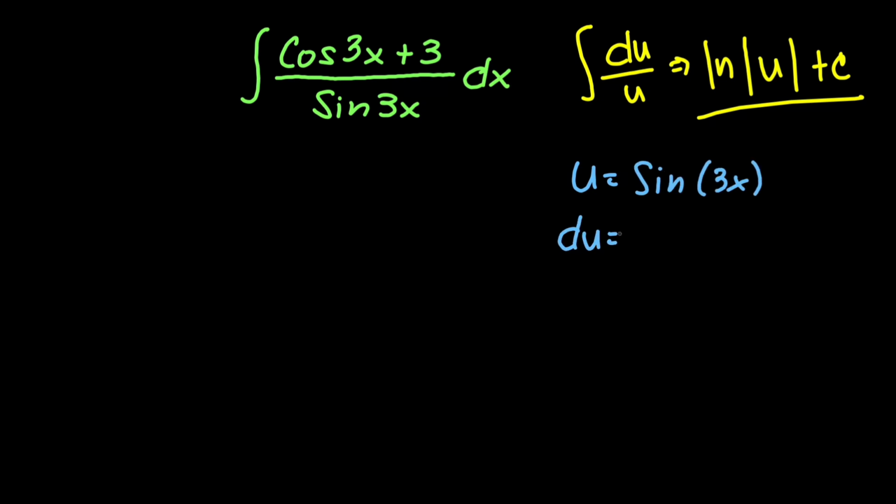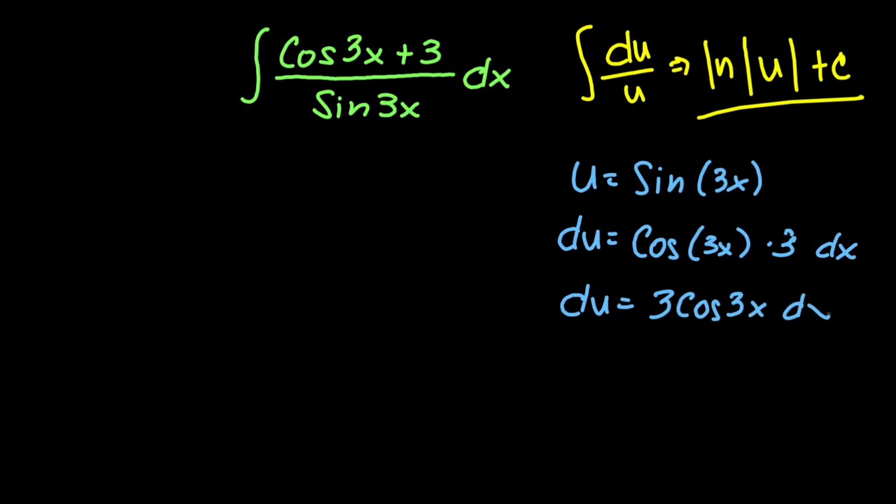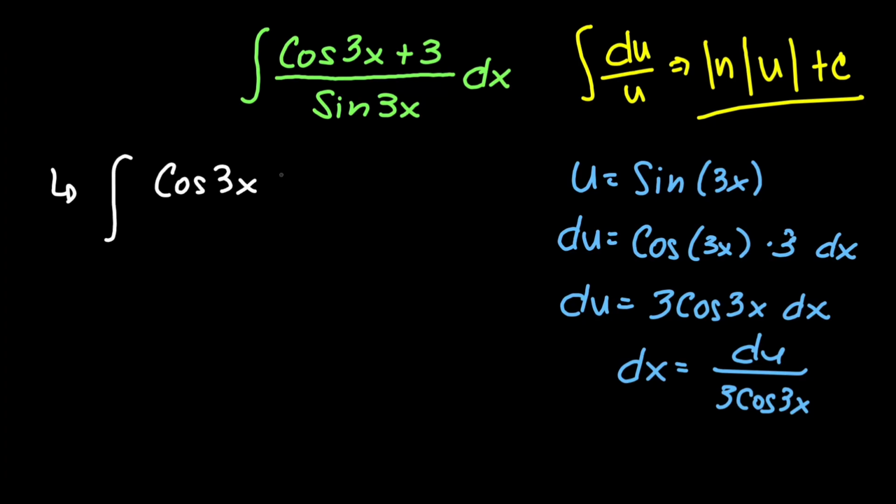The derivative of this: take the derivative of sine first, which is equal to cosine of 3x, and multiply this by the derivative of the inner function, which is equal to 3. And so du right here would be equal to 3 cosine 3x multiplied by dx. So dx right here would be equal to du over 3 cosine 3x. If you substitute it into this integral, you would have cosine 3x plus 3 over u multiplied by dx, which is equal to du over 3